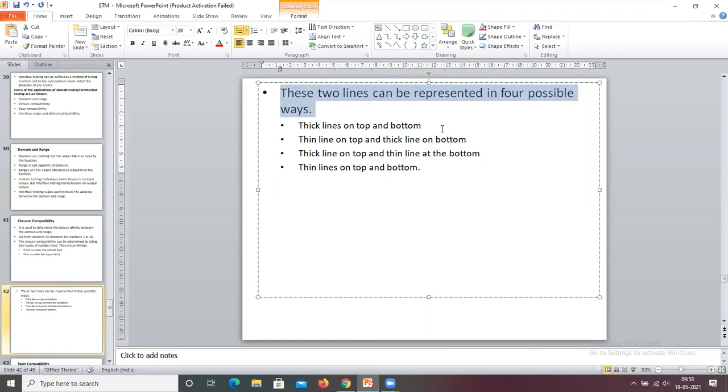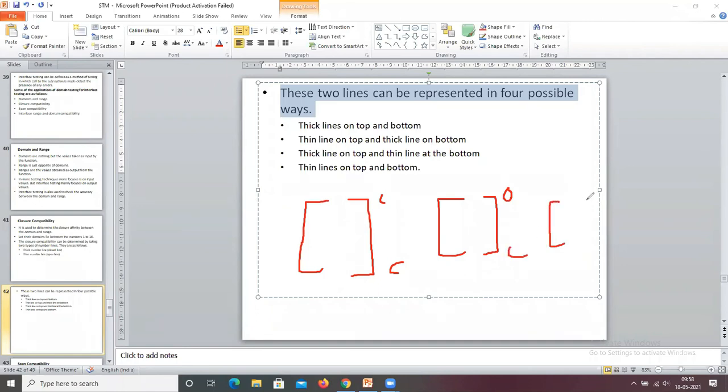That means the first is both closed. And the second one is the top one is open, the bottom one is closed. And next one is, the top one is closed and the bottom one is open.